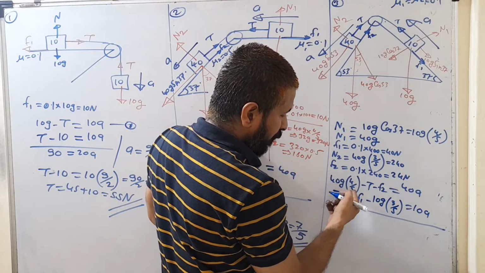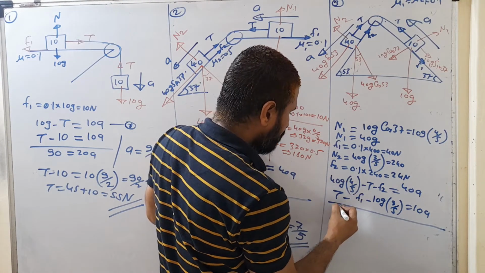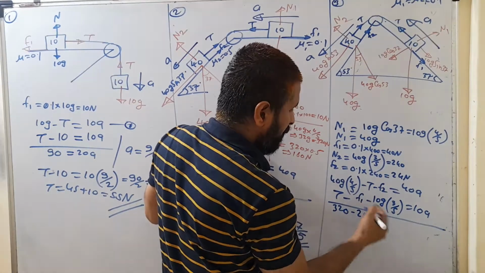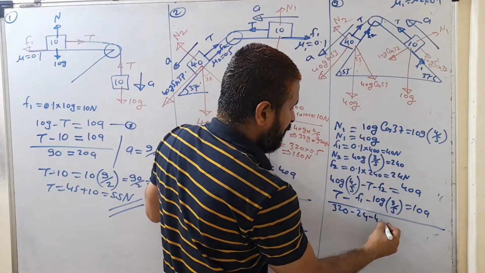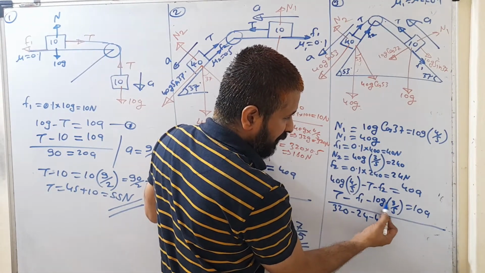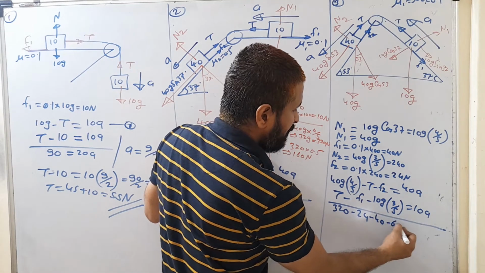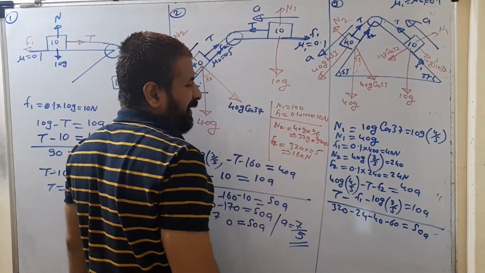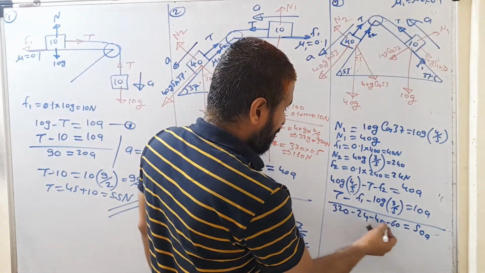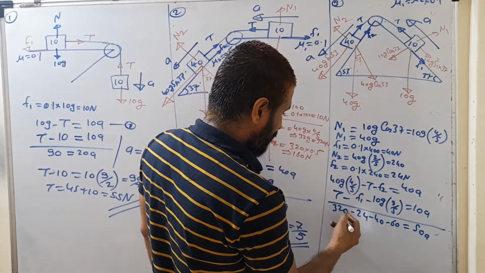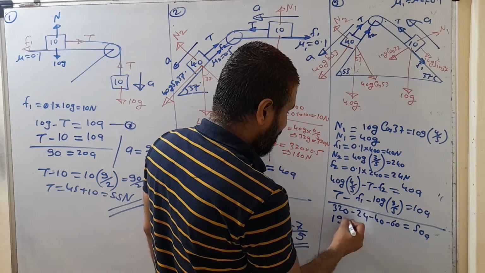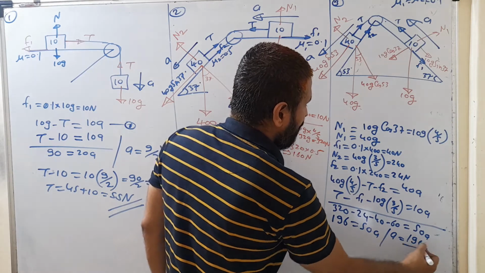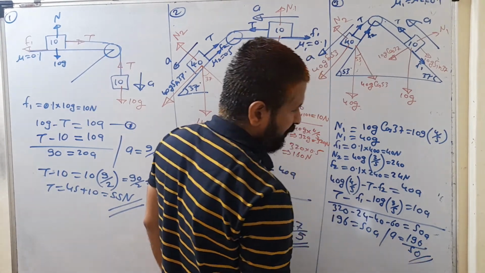यहाँ पे हमको क्या मिलेगा, 40G 4/5, 5 8 जा 80 into 4, 320 माइनस F2 कितना है हमारा, 24 माइनस F1 is 40 माइनस दिस पार्ट, सो दिस इज 100/5, 20 to 3 minus 60 is equal to 50A. Now you can solve this. 320 minus 24 minus 40 minus 60 is equal to 50A. तो ये पूरा ऐड करेंगे तो 100 हो जाएगा, तो 220 minus 24, सो आ जाएगा 196 is equal to 50A. या A की वैल्यू व्हाट वी आर गोइंग टू गेट, 196 divided by 50. This is what the acceleration of this block.